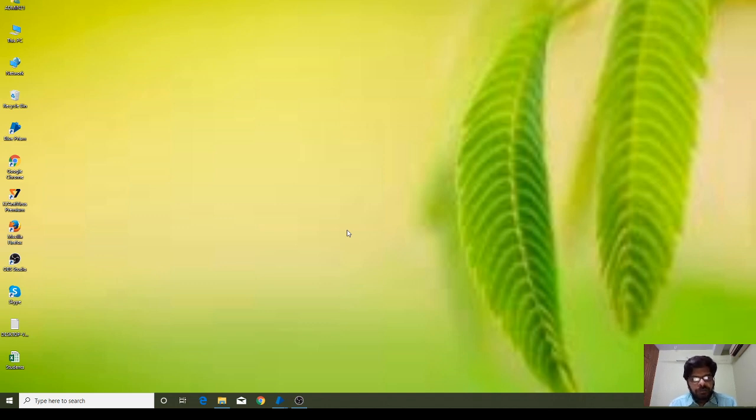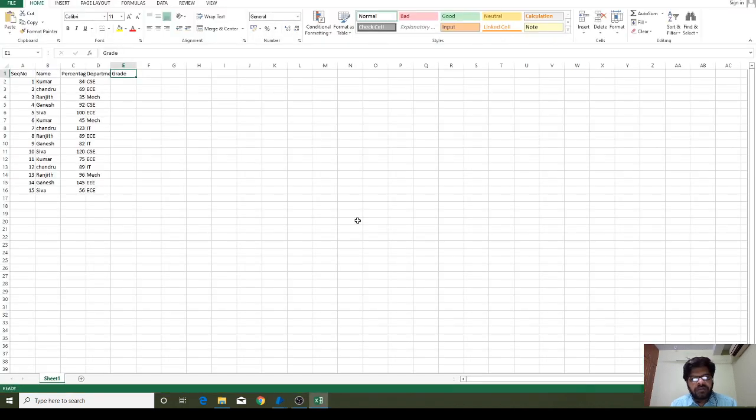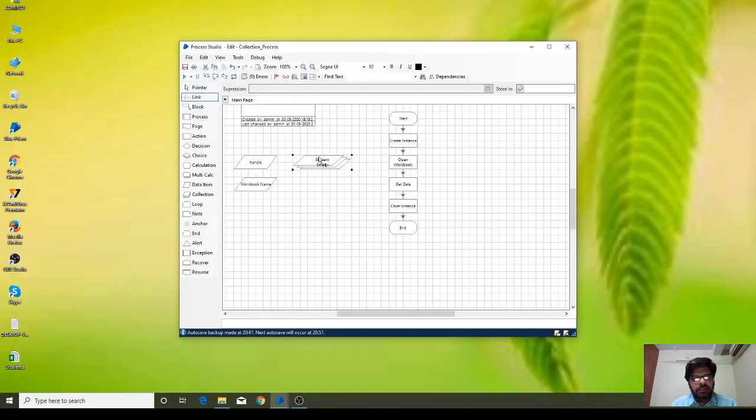using Blue Prism objects, right? See this example, we have already seen getting the data from Excel. I am creating the instance, opening the workbook and getting data, and the data I am storing into this collection and then closing the instance. This is the data we are going to get from this Excel file. Just for our understanding, we are collecting this data from this Excel sheet and storing it into this collection. After storing this data into this collection, we are going to apply the filter, right?